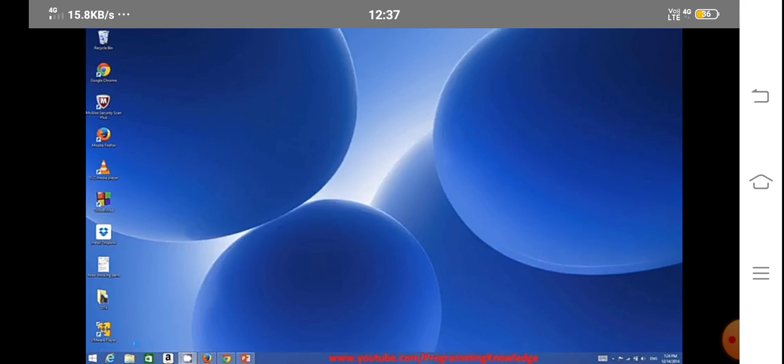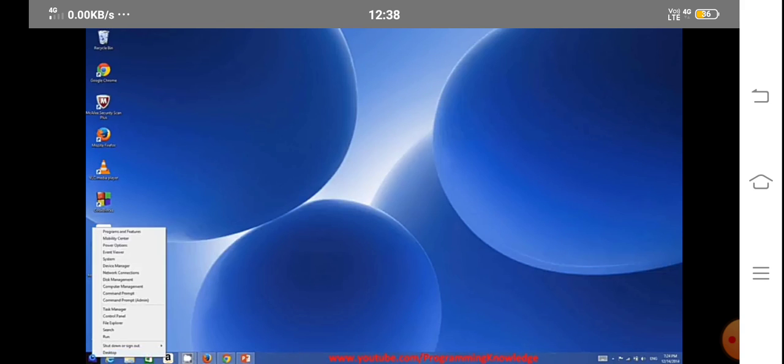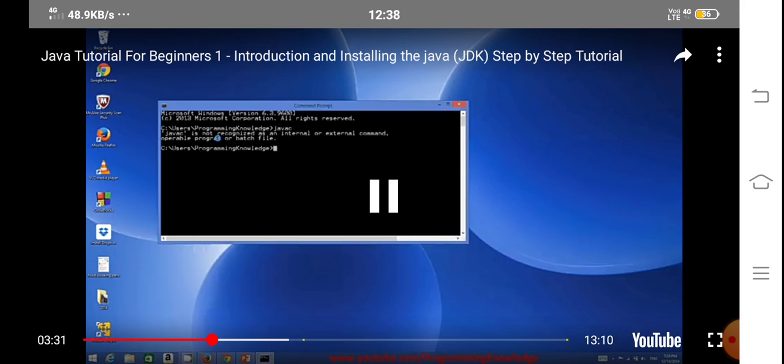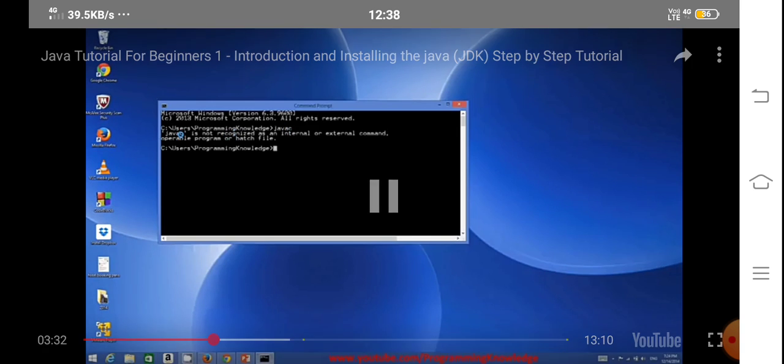It's easy. If you are on Windows 8, you just need to right click your start menu button and open command prompt from here. And in here you just need to give this command javac. Okay, so give this command javac and press enter. And if this command responds that javac is not recognized as an internal or external command, then Java is most probably not